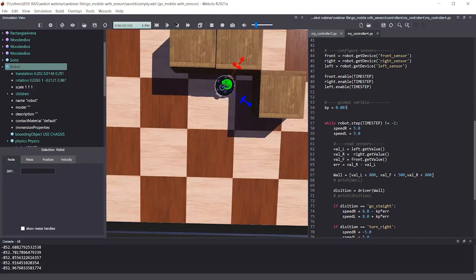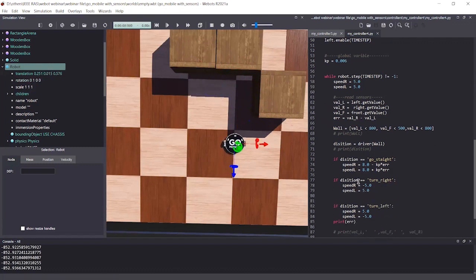Okay, barely. So let's set this value to 0.6. See, yeah. Okay. Still not great. So I'm going to change the speed.